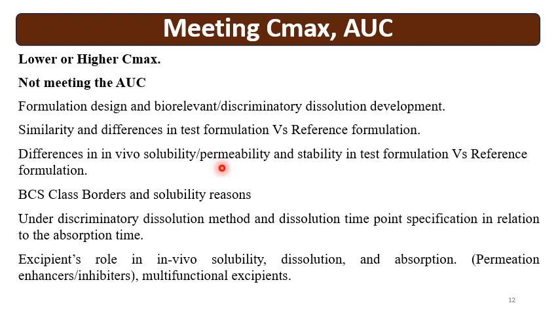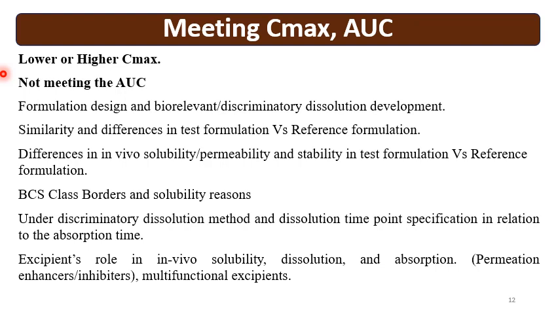So what are the problems for lower and higher Cmax and not meeting the AUC? Mainly the lower Cmax or higher Cmax, or not meeting the AUC, are the probable and the most important reasons for BE failure. So why do these lower and higher Cmax values come, and why can the AUC not be met? The main reasons are formulation design and biorelevant or discriminatory dissolution method development,